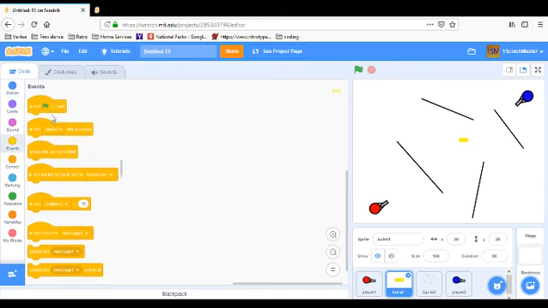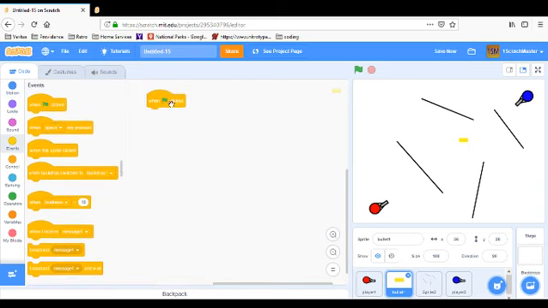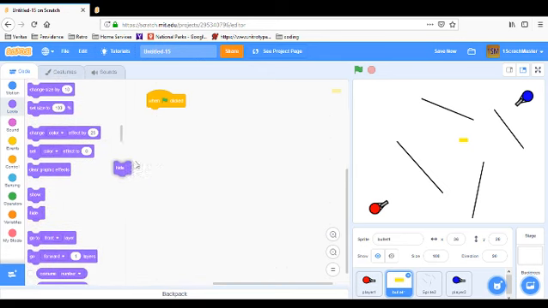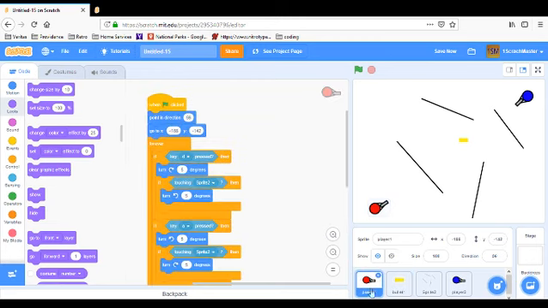When the green flag is clicked, first of all, we want to hide the original one, and we want to show the clones. So we're going to hide it, and that is pretty much all we're going to do. We're going to have more stuff in the bullet, but that's all we want for now. Now we're going to go to player 1,